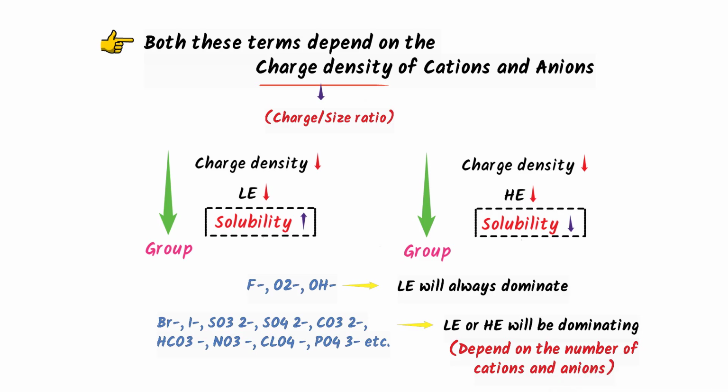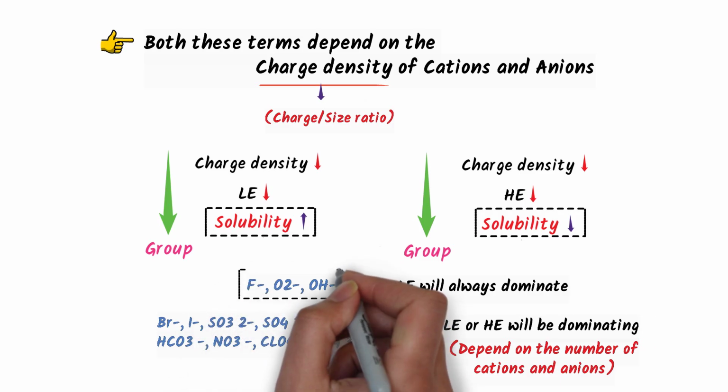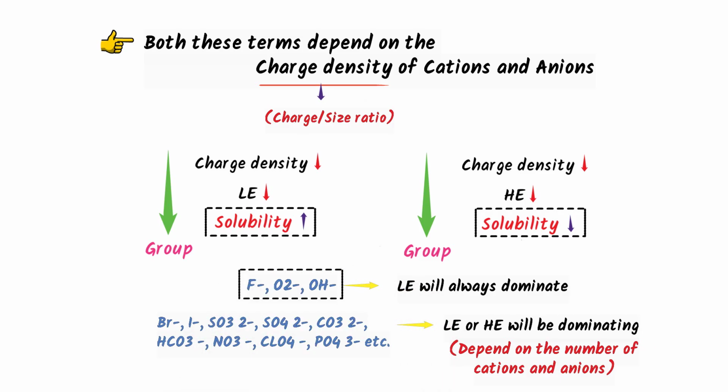This indicates that for all those salts containing fluorides, oxides or hydroxides as anions, the solubility of those salts will always increase down the group. This is because lattice energy is the dominating factor. However, in the case of salts containing larger anions as shown, one cannot directly tell whether the trend is increasing or decreasing. This is because both the factors can dominate, and it will depend on the number of